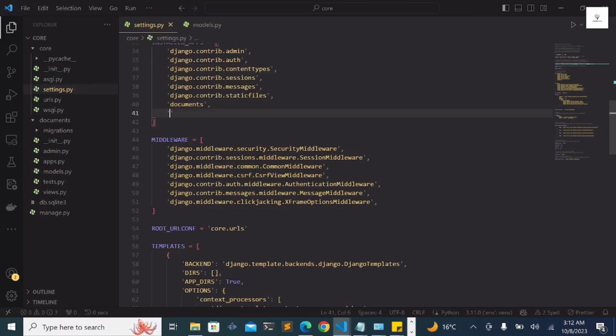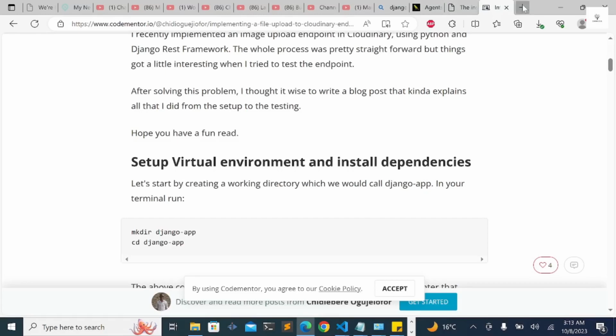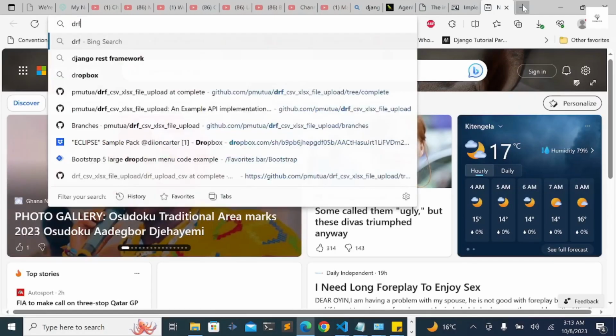So we must register rest framework. Need to register it so that we can use it. So if you want to know more about DRF,